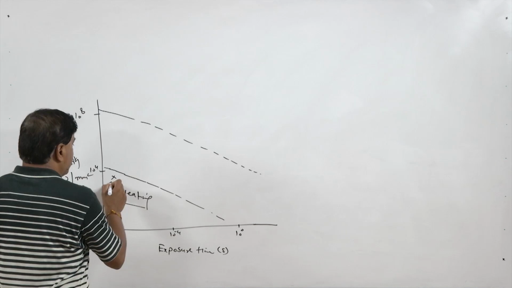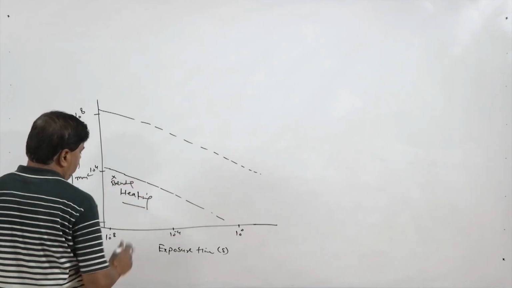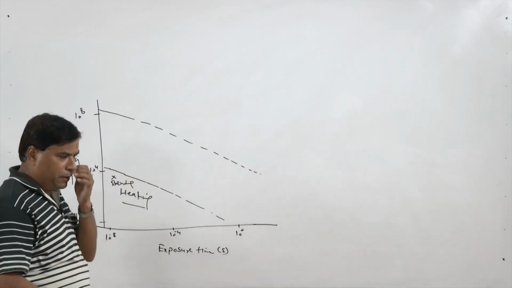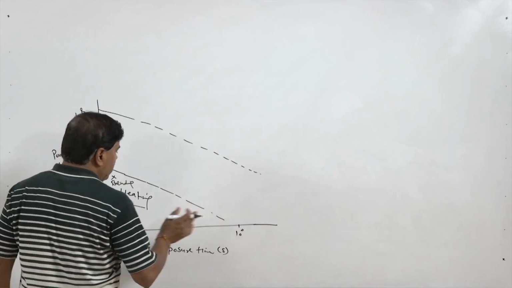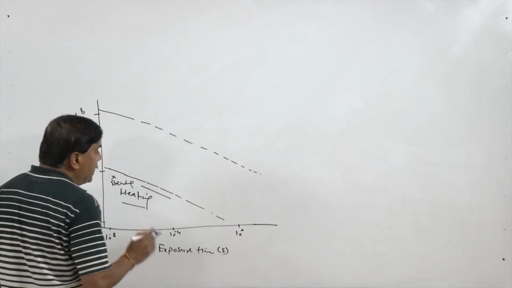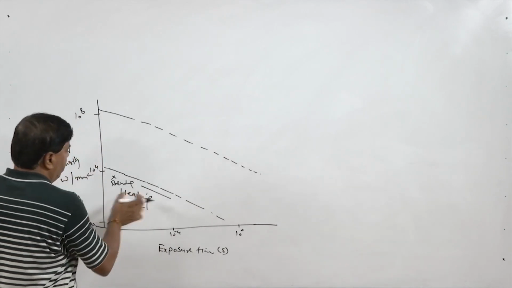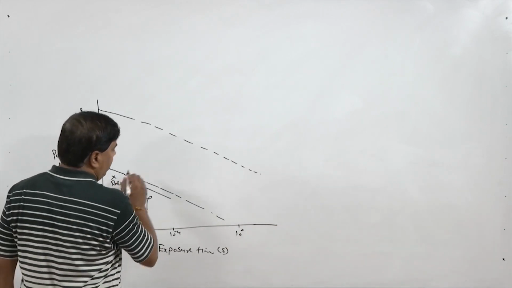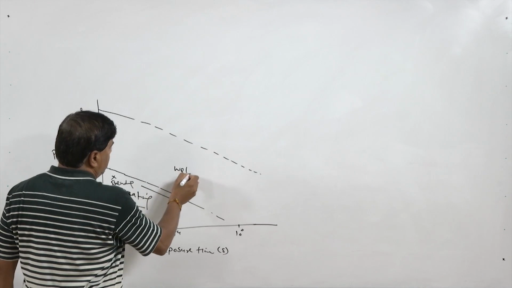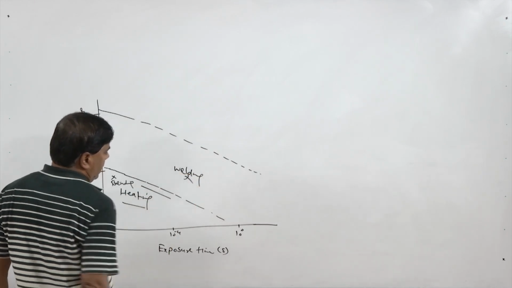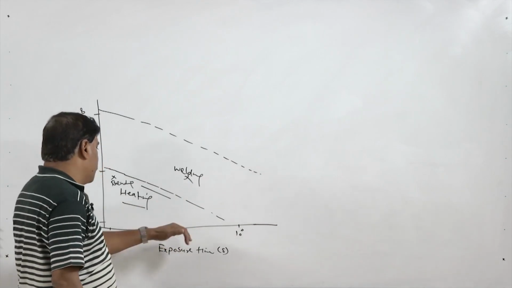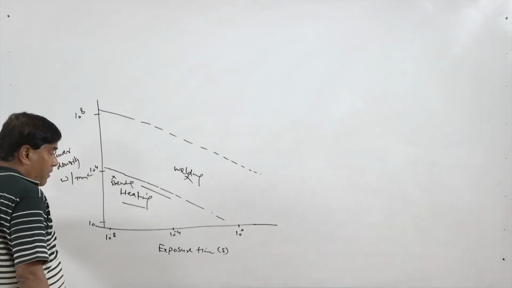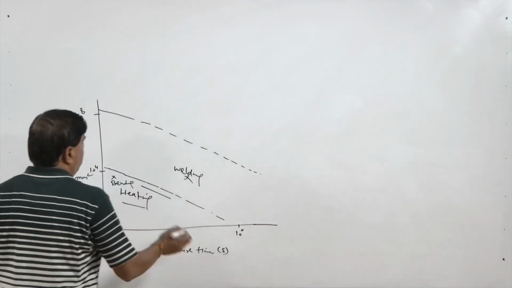So, this location lies for the say bending purpose, where very short period the laser is directed. So, material gets softened, and then after softening it is bent by applying suitable pressure. Similarly, these are the bands for the heat treatment purposes as far as the power density and the exposure combination is concerned. And then we have the like say welding. So, welding lies somewhere here like slightly more than 10 to the power minus 4 seconds, and here 10 to the power 4 or more power density, and further higher